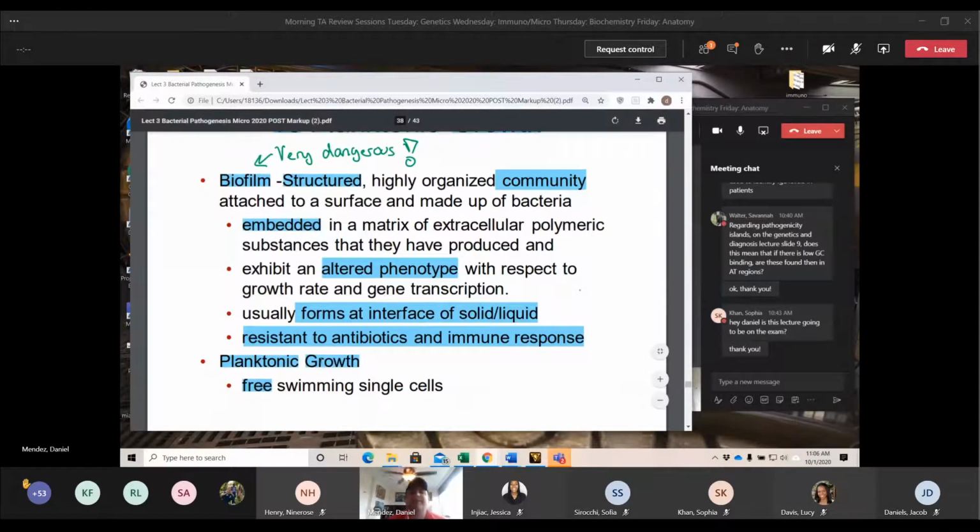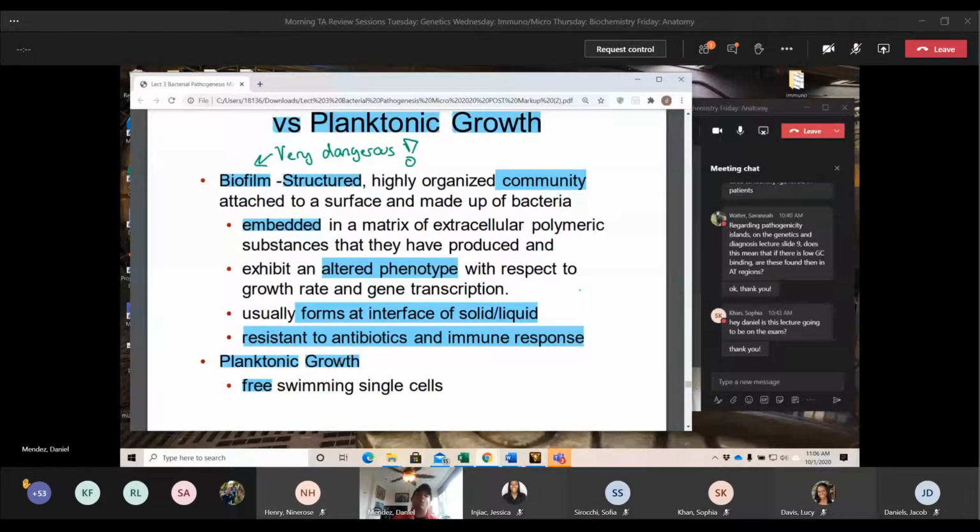This is very different than planktonic growth. Planktonic growth is just free swimming growth. So this is growth within one specific medium, whether it be an entirely liquid medium. So this is what you see in sepsis, when we just have a whole bunch of bacteria growing, freely swimming around within the blood. You can also see this in lymph fluid. You can see this anywhere where it's just free swimming. The biofilm only occurs at that interface. And you'll learn why later on in physiology, why it's only occurring at that interface and why some bacteria get stuck onto that interface. So here we can see the actual diagram of what's occurring.